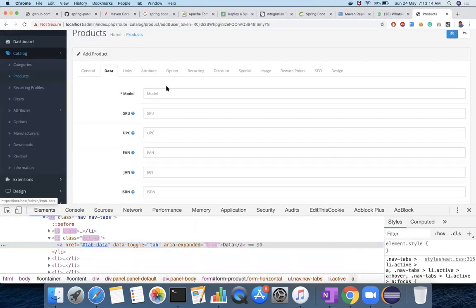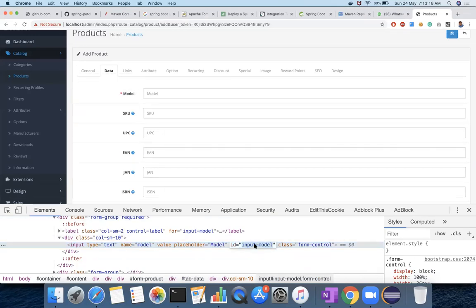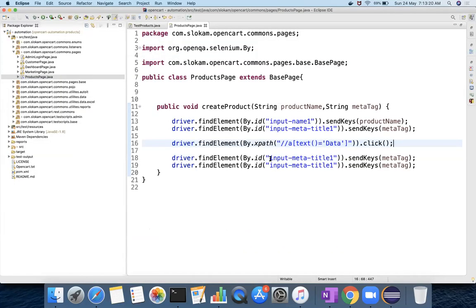Okay, so we'll click on data, and we need to provide this input model. What is the third value? String model. You have to type that one here.